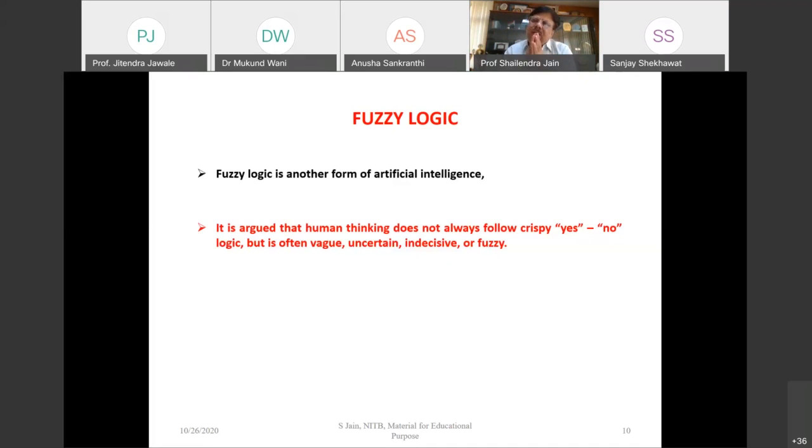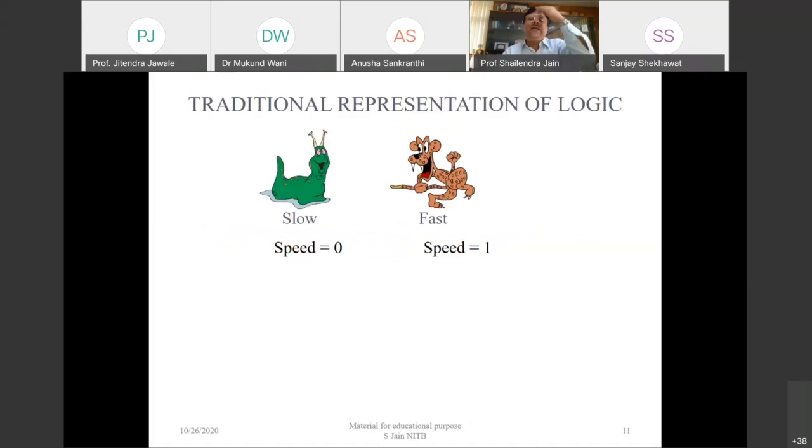No, perhaps I also have an interest in biology, I also wish to become a doctor, but for medical there are very limited seats, so in fact chances are less. That is why I will opt for this particular one. So basically human thinking is very fuzzy. It's not crisp like yes or no. Decision making is very complex, and our brain is competent enough. We are trying to replicate human thinking to take decisions by the machine.